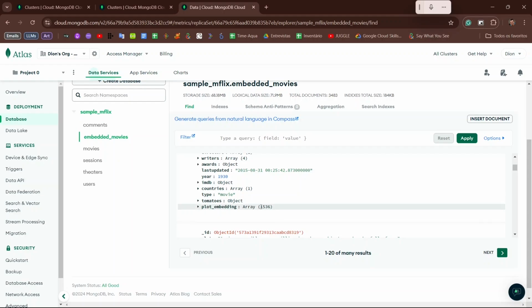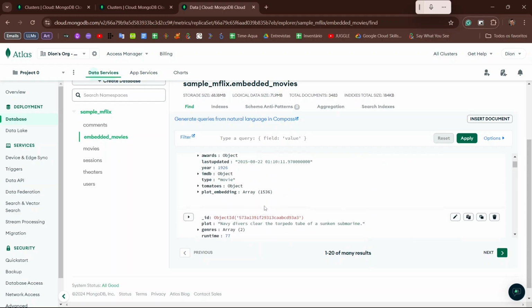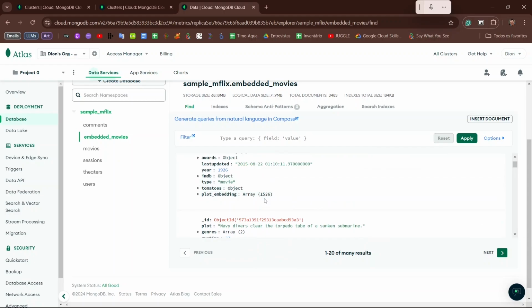Like I told you before, every array will be the same size as the one before because of the rules of generating embeddings. And this embedding here was generated by OpenAI, by the OpenAI API. Pay a lot of attention to this information, because you will not be able to search one embedding with another.